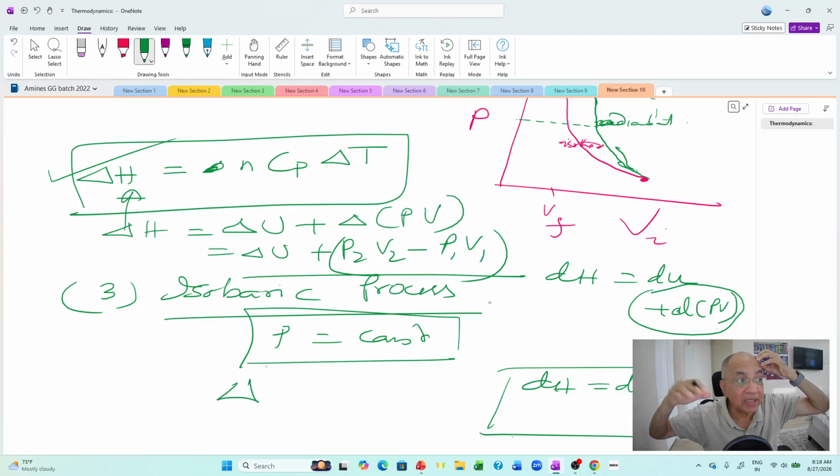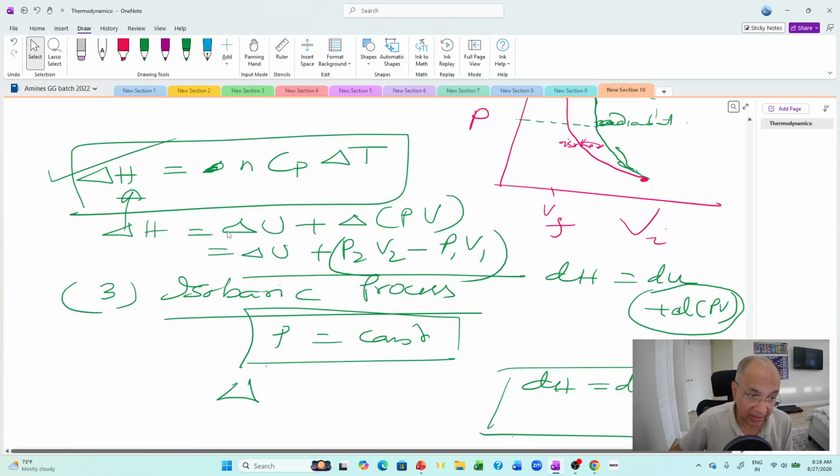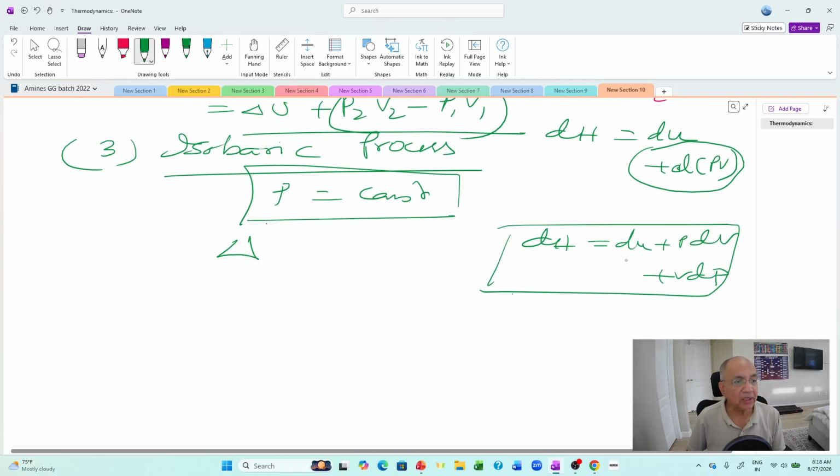In that case, del H will give you the maximum work. Of course, work done is del U, but del H will be more than del U if it is done in a different way in an open system. The total output of work will be more. So del H is also required in many processes other than a few which we have already listed. One of them is isothermal, where del U is 0 and del H is 0. But adiabatic has a del H. Remember this. Isobaric,